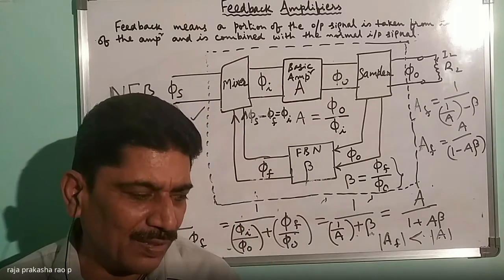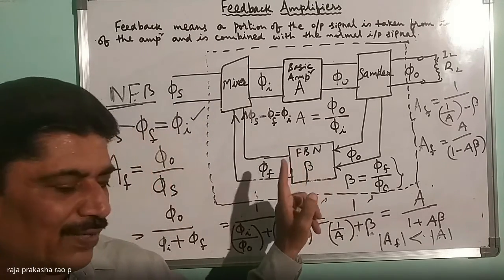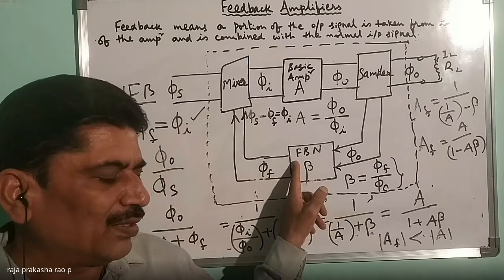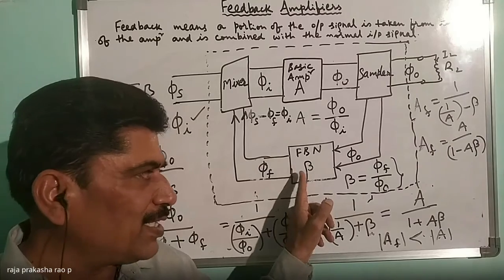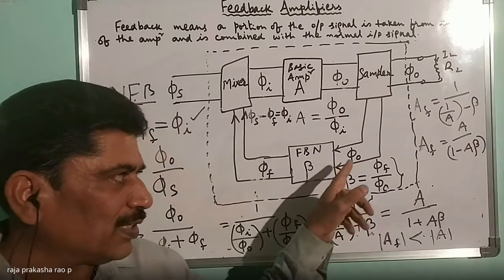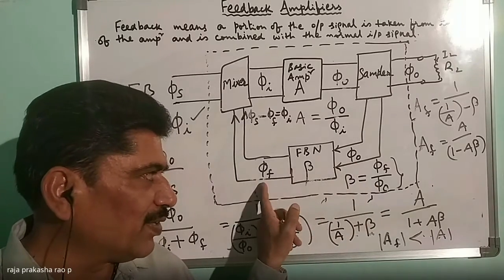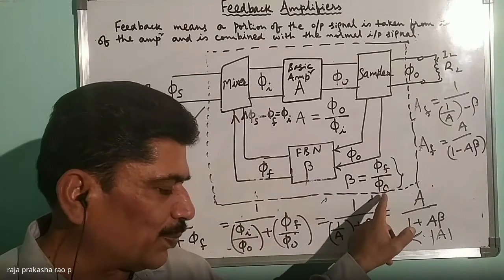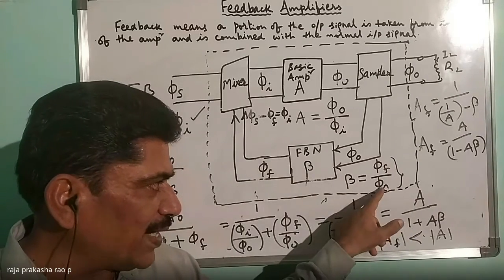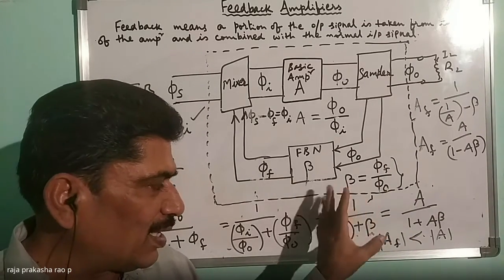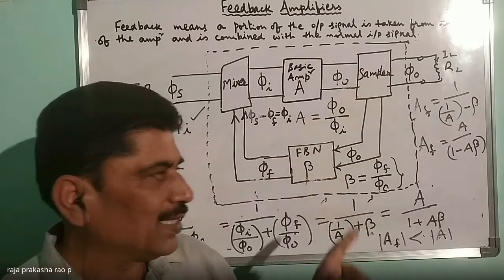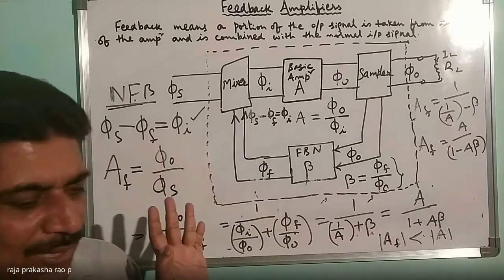So for that we are using a feedback network here, FBN, a feedback network whose feedback ratio is beta. The amplifier లాగానే మీరు అజ్యూమ్ చేసుకోండి. దీనికి ఇన్పుట్ వచ్చేసి 5O, అవుట్పుట్ is 5F. So beta equal to output by input. So 5F is the feedback signal which is equal to 5O into beta. So obviously this value will be less than this 5. So it is only a sample of 5. I hope everybody understood this.